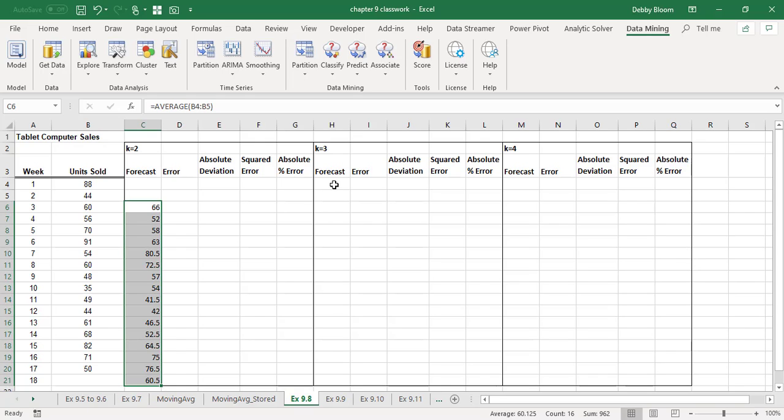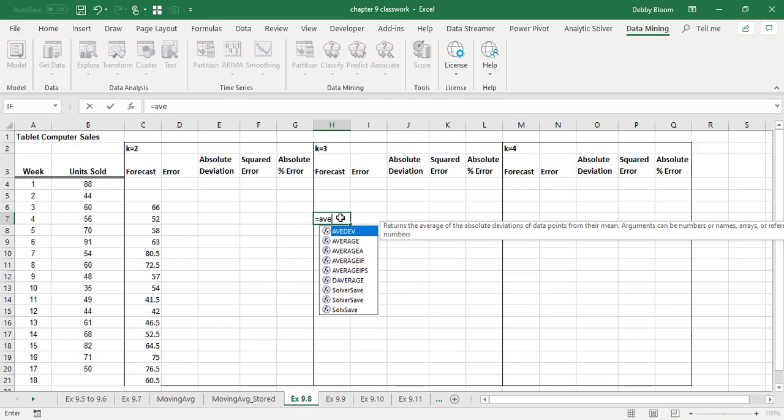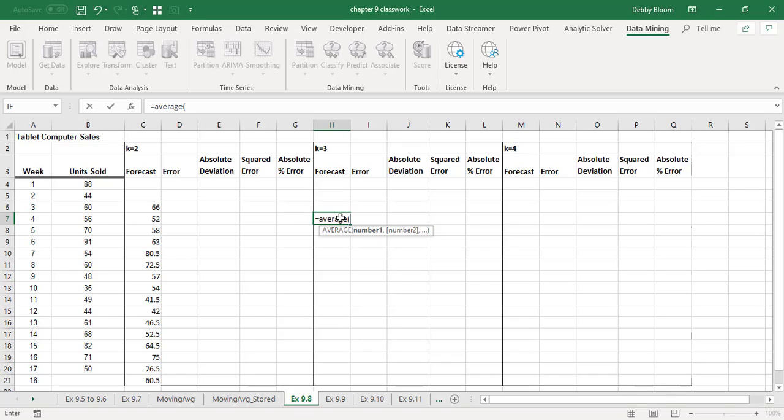Now, if we want to use k equals 3, we need 3 previous observations. So we actually have to start on week 4. So I'm going to click in cell H7, which is going to be for week 4, and I'm going to type equals average, and I'll take the average of the first 3 observations. So after opening my parentheses, I will click on the range B4 to B6, the first 3 observations, close up